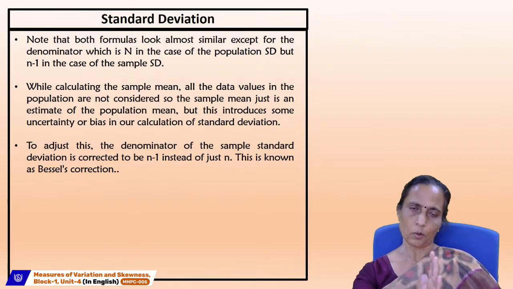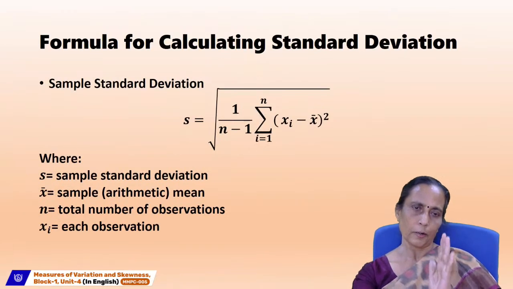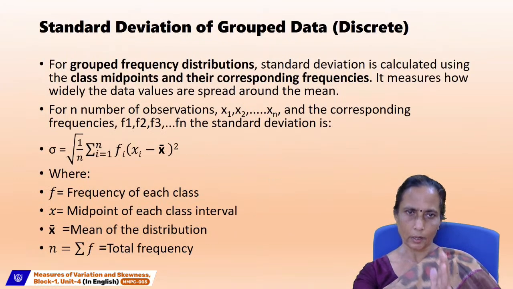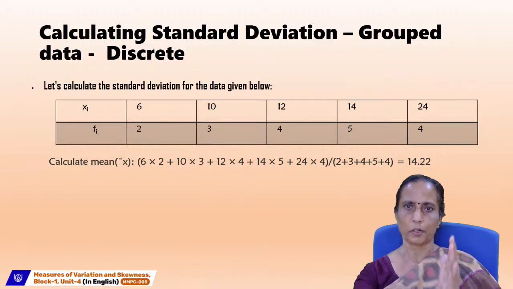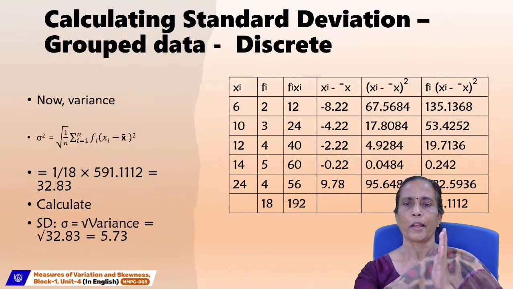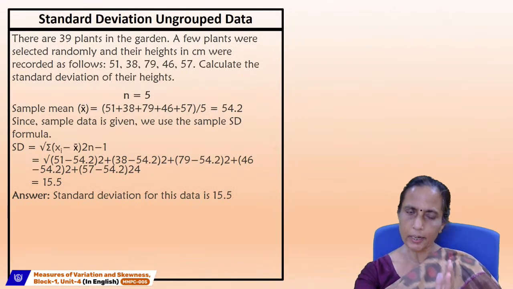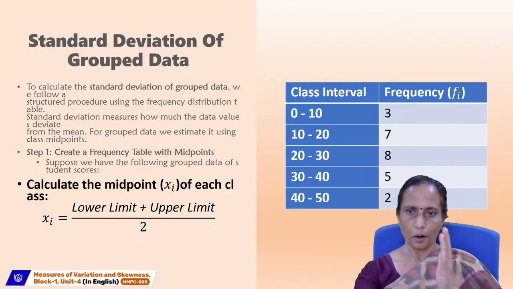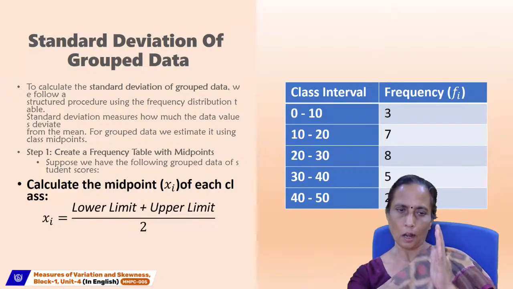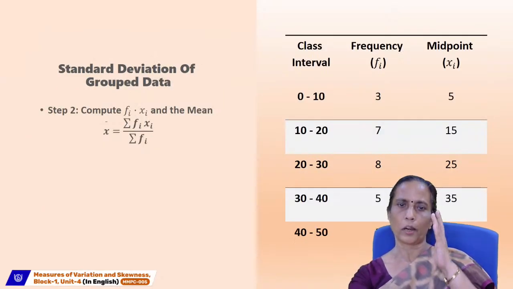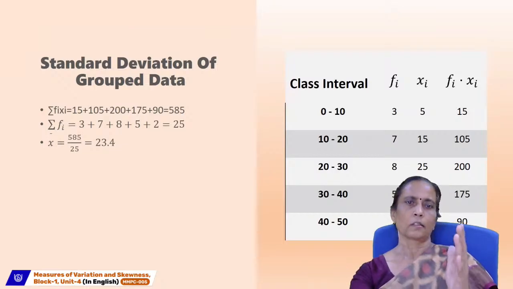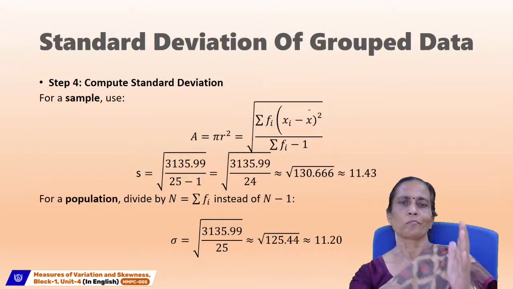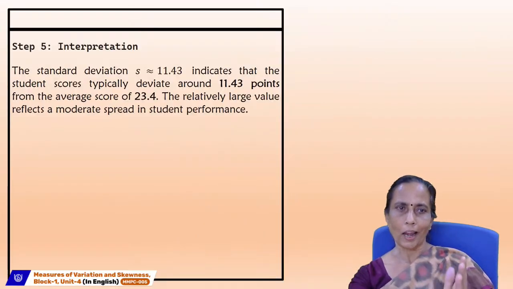And we have taken into consideration the formula. We made a calculation of how we can calculate the standard deviation for ungrouped data and grouped data. And we had a detailed discussion about the procedure, starting from the frequency distribution. How can we calculate the mean? How can we calculate the deviation from your mean? And how can we make the entire calculation